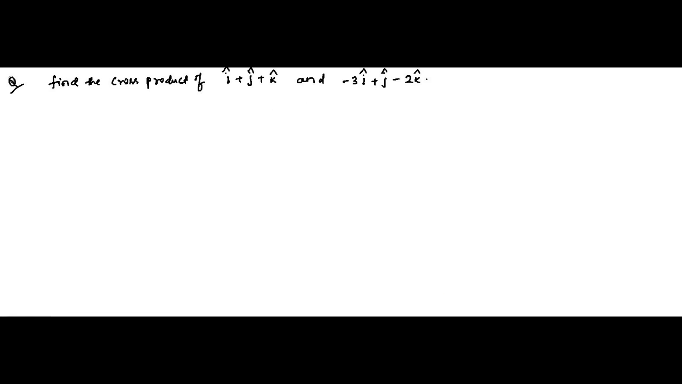So here is another question, very simple and straightforward question, to find the cross product of the two vectors given as i cap plus j cap plus k cap and minus 3i cap plus j cap minus 2k cap. So let us call this as A vector and this as B vector. So A vector cross B vector is given as the determinant i cap, j cap, k cap, x, y and z components of A, 1, 1 and 1, x, y and z components of B, minus 3, 1 and minus 2,